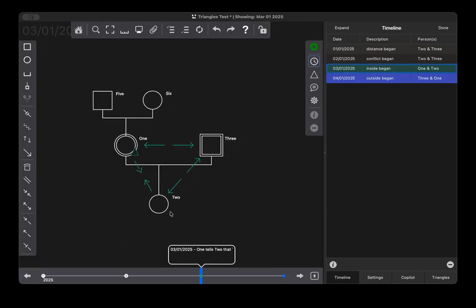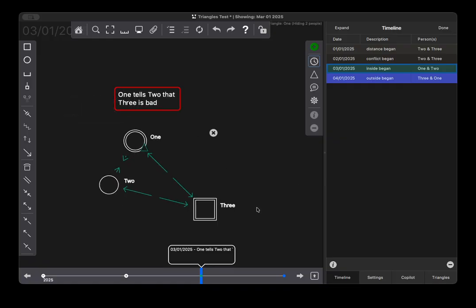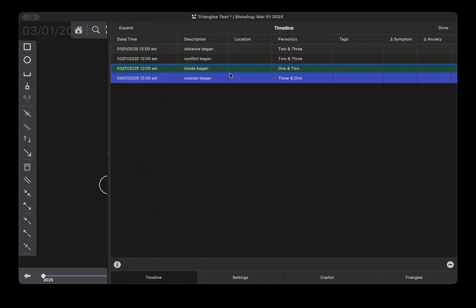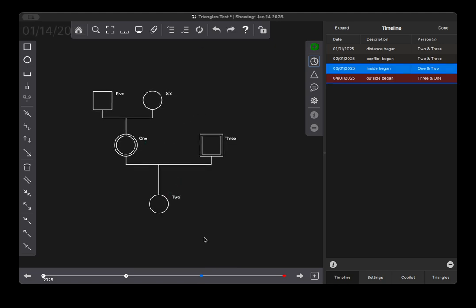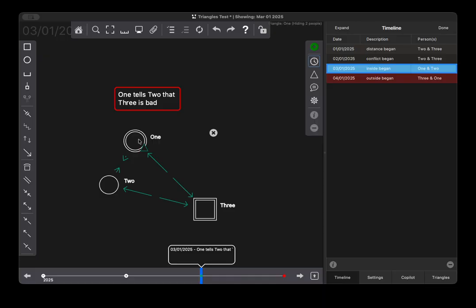If I go back to the inside move where that 1 is making to 2, click that triangle one, then you can see 1 tells 2 that 3 is bad. That's the event summary. So if I expand that, I guess that's not shown here anymore. Anyway, oops, I messed it up. Anyway, in that view, you've got these 2 visibly shown together to kind of show their alignment or emotional proximity, otherwise known as the inside position that both of them are in, and 3 is on the outside. Just putting them closer together